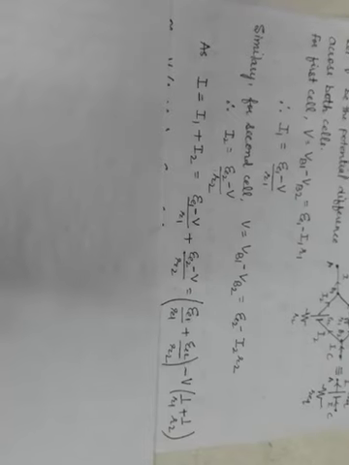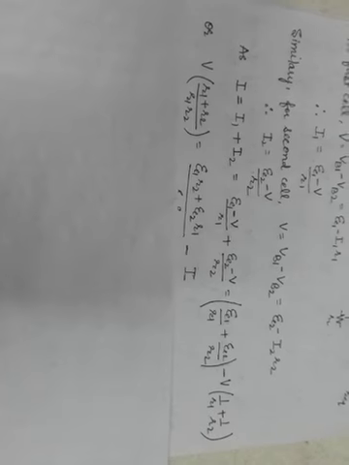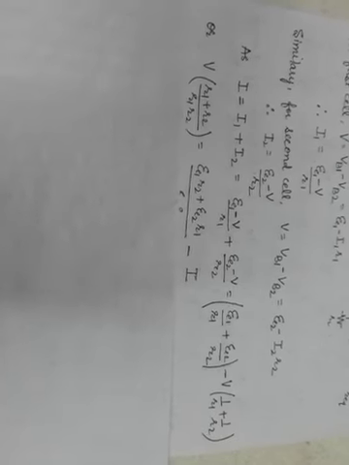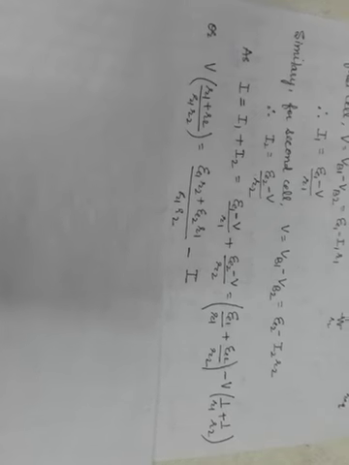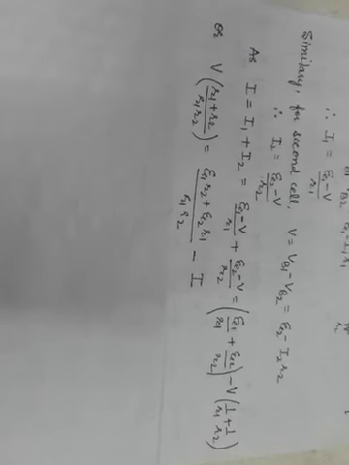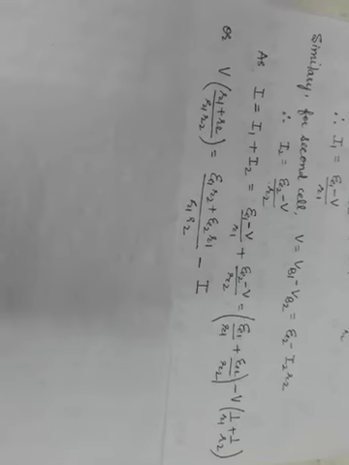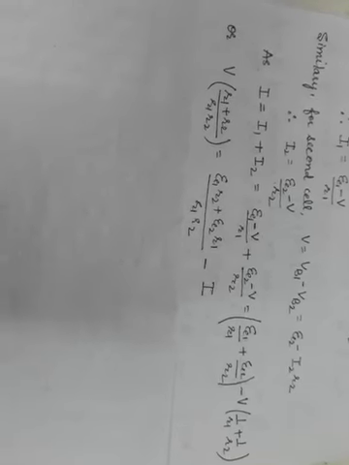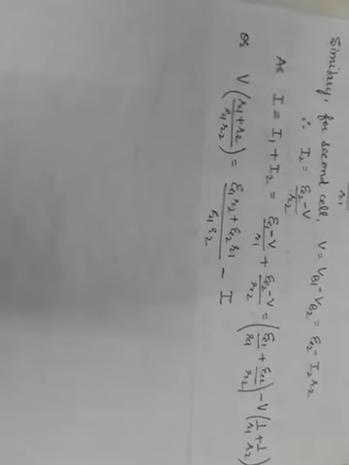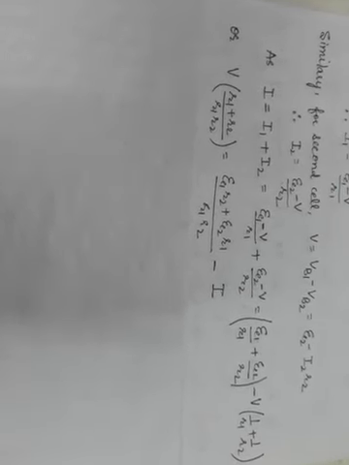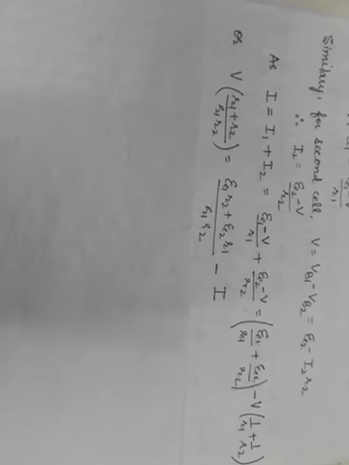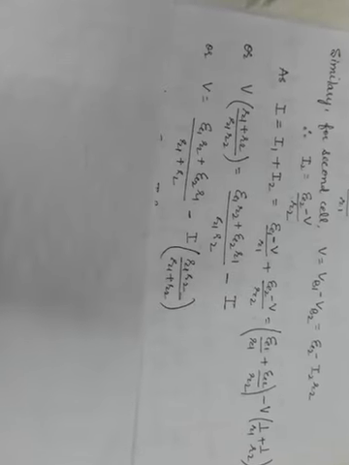Substituting these values, we will have I is equal to E1 upon R1 plus E2 upon R2 minus V, which is common, into bracket 1 upon R1 plus 1 upon R2. Solving these and shifting V to the left and I to the right of the equation, we will get the equation V bracket R1 plus R2 divided by R1 R2 bracket close equal to E1 R2 plus E2 R1 divided by R1 R2 minus I. Further shifting the term R1 plus R2 divided by R1 R2 towards the right side of the equation, we will get this. Now it is similar to the equation.